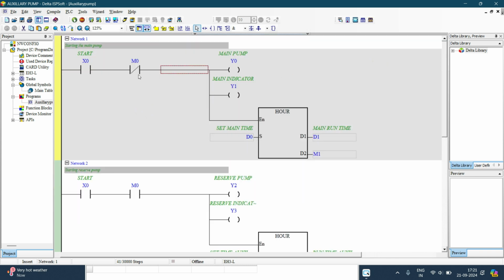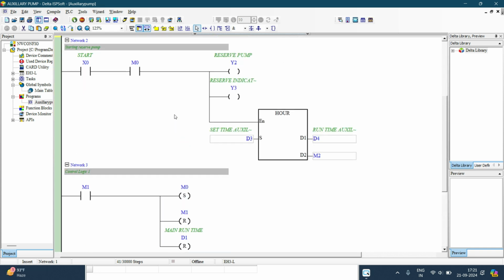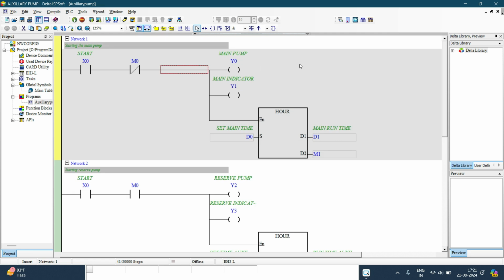In this program, we can see we have a few ladders that are going to be driving this system. The first ladder is going to turn on the main pump. I want the main pump on, and the indicator has to be on as well. Then the start button has to be closed. And when this start button is closed, it is going to be meeting this